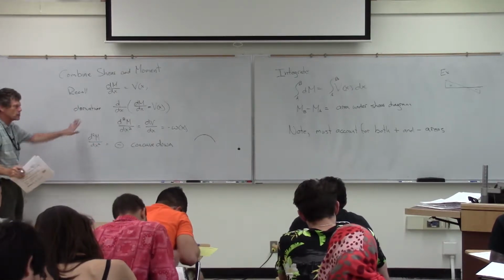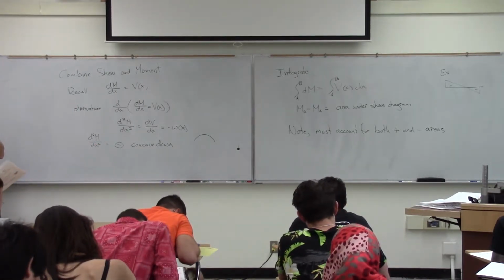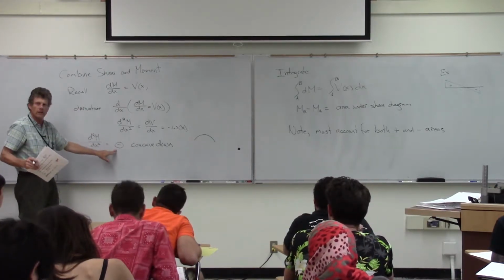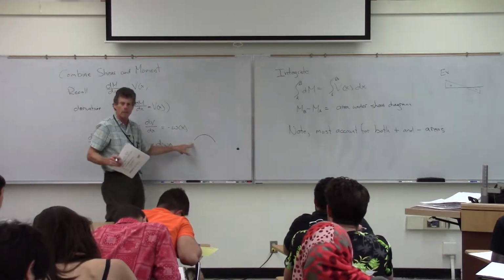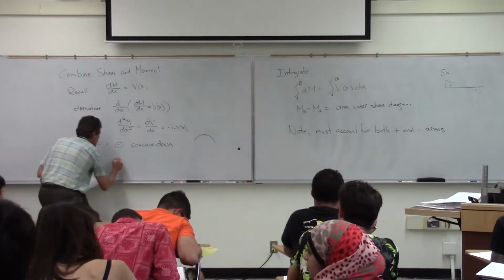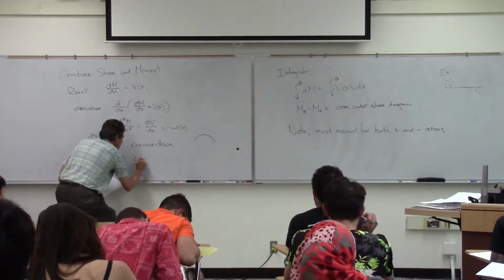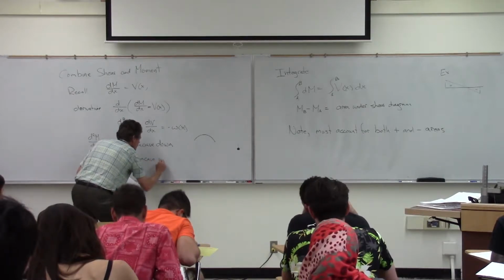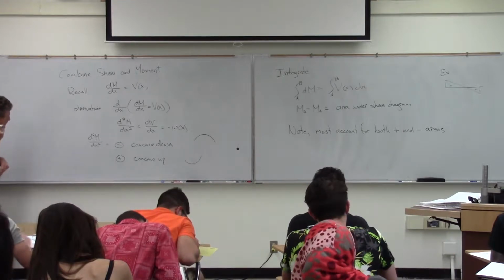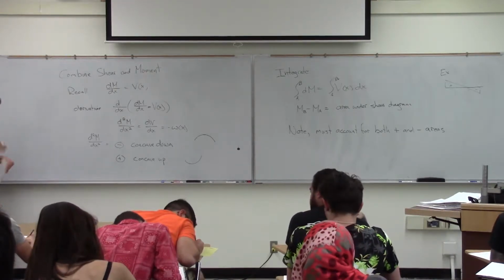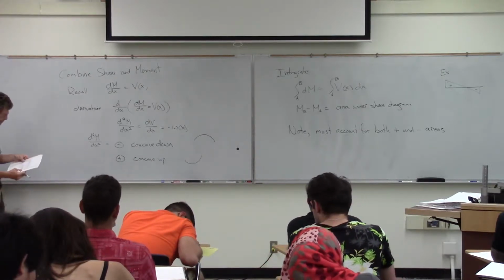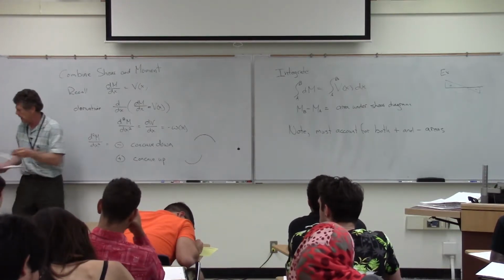So if we want to go through and do the equilibrium approach and want to do this differential, we do it twice. If it comes out as a negative value, then it simply implies that my moment diagram is going to be concave down. And if it comes out positive, then it's concave up. So it just gives us some clues, but there are some easier ways of doing that. But again, if you like math, that's